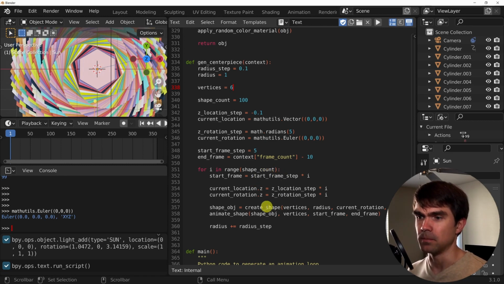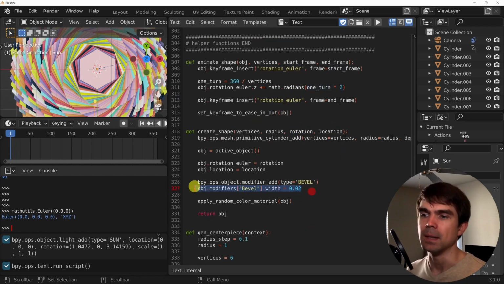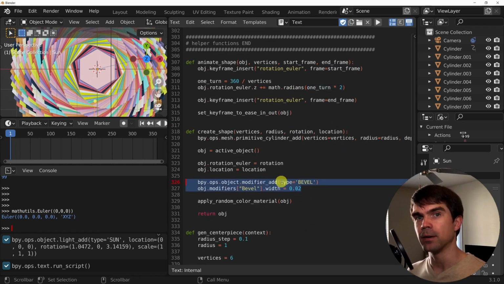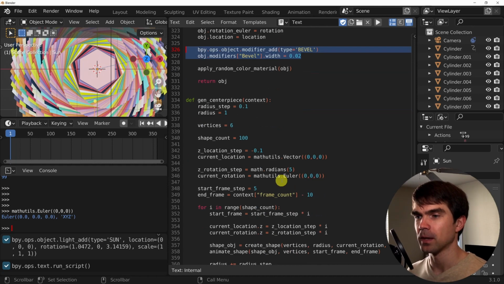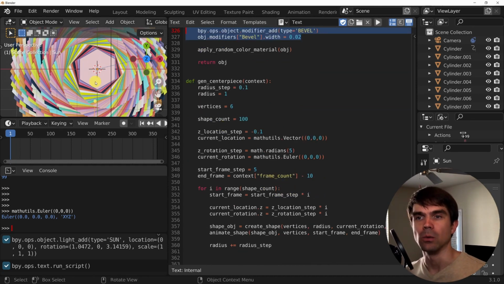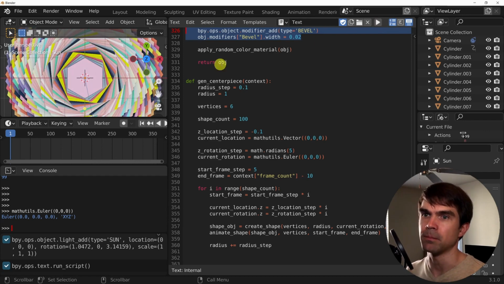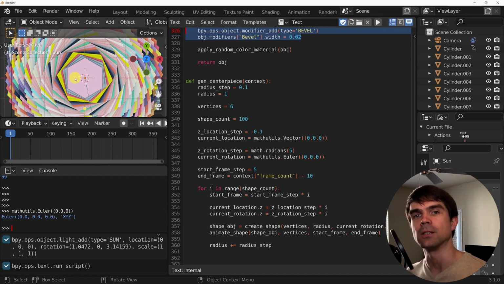Next, you could go and fix or change the number of turns we're gonna do for this animation or each shape. Maybe apply a different modifier to each shape. One thing to note is, for example, you like this particular color combination. If you notice that each time we rerun the script, let's just run it one more time, you're going to get a different combination of colors.